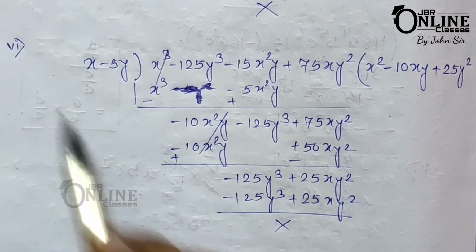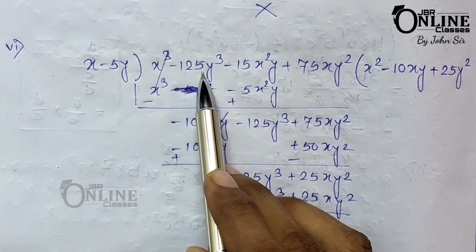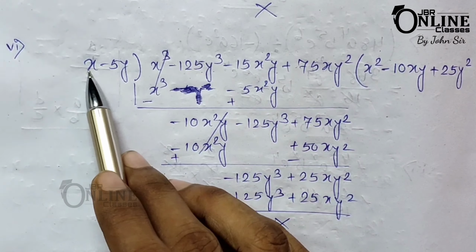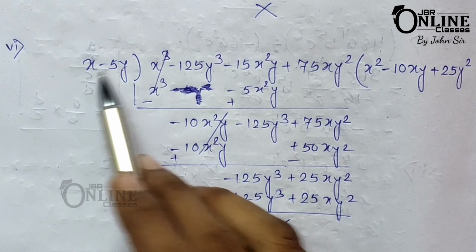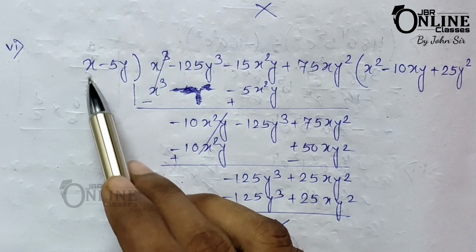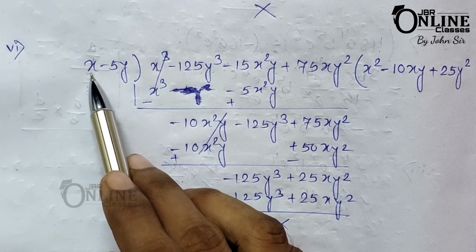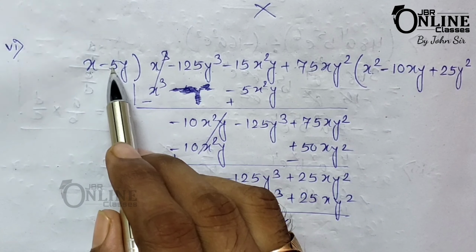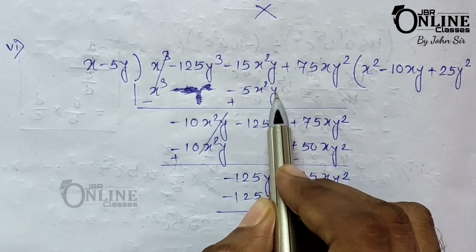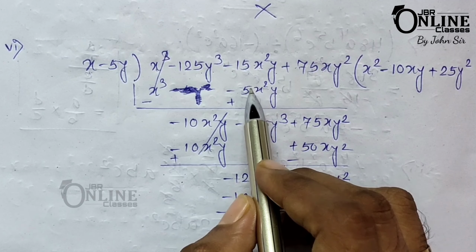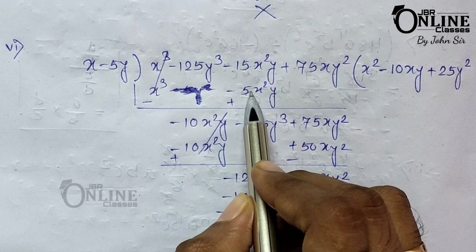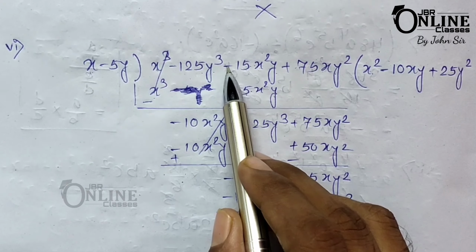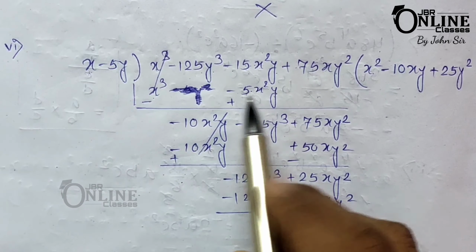Now sum number 3-6. Divide x cube minus 125y cube minus 15x square y plus 75xy square by x minus 5y. Okay, so here first x cube, and to make x cube you have to first multiply x square with x. So here x into x square, that becomes x cube, and then x square into 5y, that becomes 5x square y. As here x square y, that's why I write 5x square y under these terms. Now next x cube cancel out. So here minus, here plus, 15 minus 5, that equals minus 10.